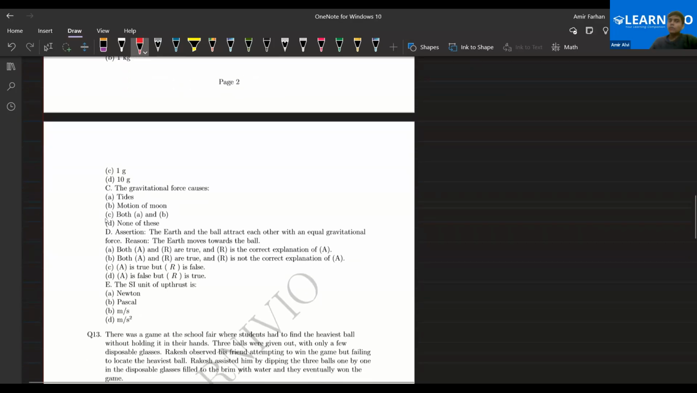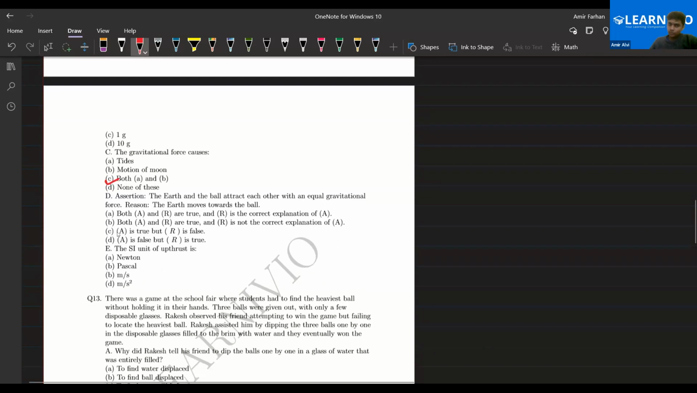Third one would be both A and B, because the gravitation force causes tides as well as motion of moon, force of gravity. Second is D, I'm telling you D. A is true, R is true. हाँ, A is true, R is false, because Earth does not move towards the ball. Next is SI unit of upthrust. Upthrust क्या होता है? Is nothing but the weight, basically